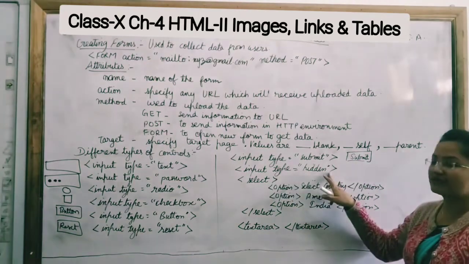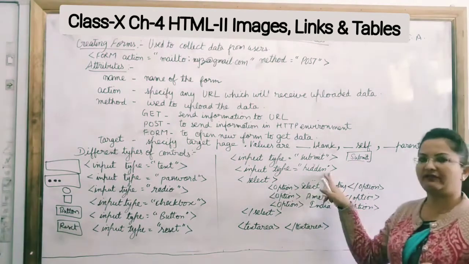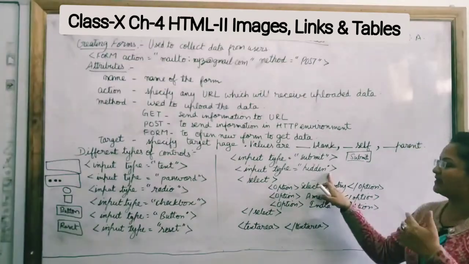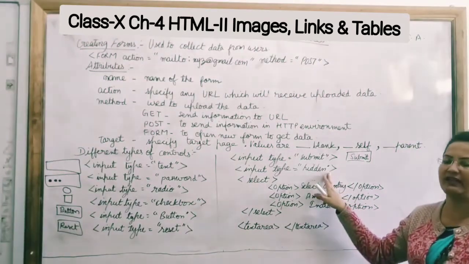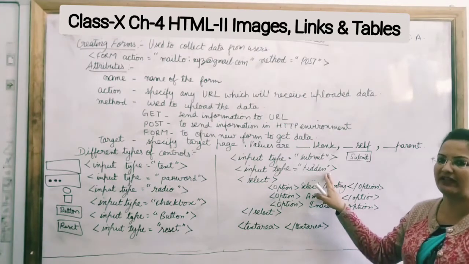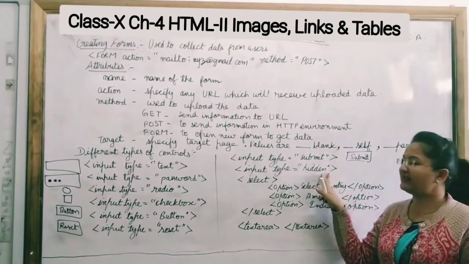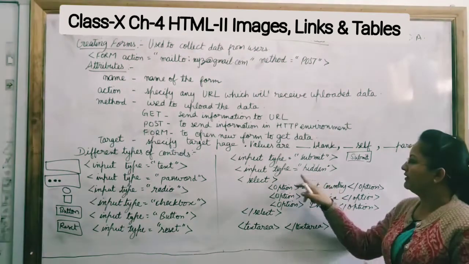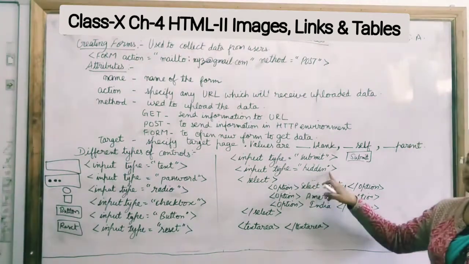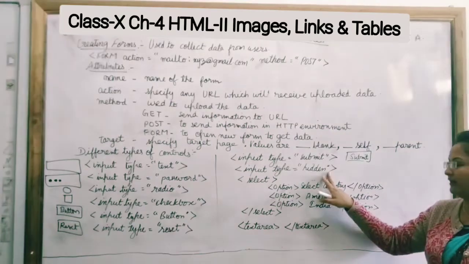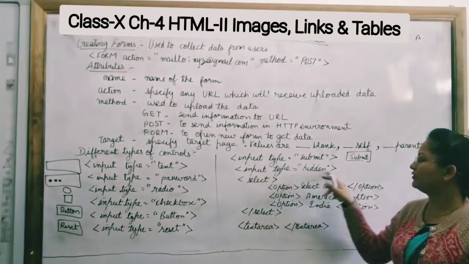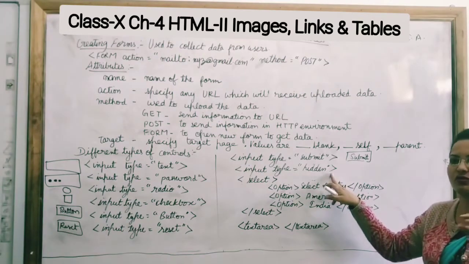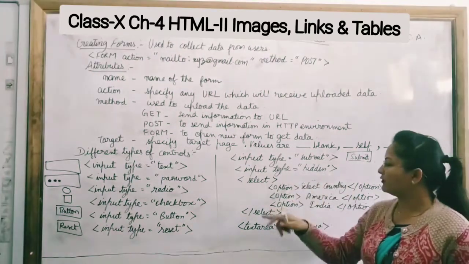Input type hidden, this is a hidden field, a secret field. Like if the other page has received the password in the hidden field, then it can be done. Because you know very well that we have to keep the password secret, so we cannot bring the password in the text box. So it is the best way to receive the password in the hidden field. For that we will use input type hidden. It will not be seen in the web browser. It is just to store the data temporarily on the web page.